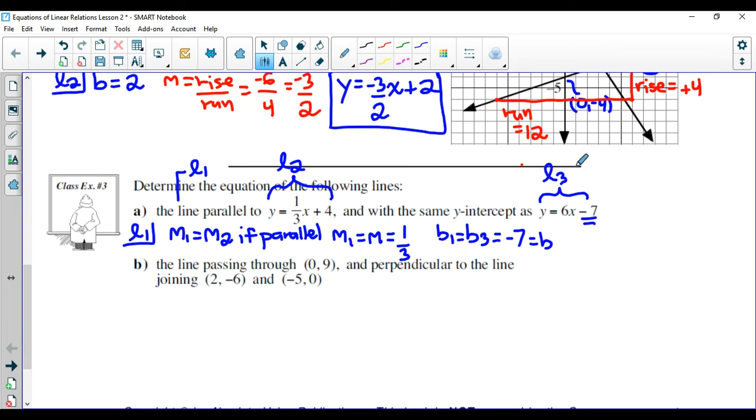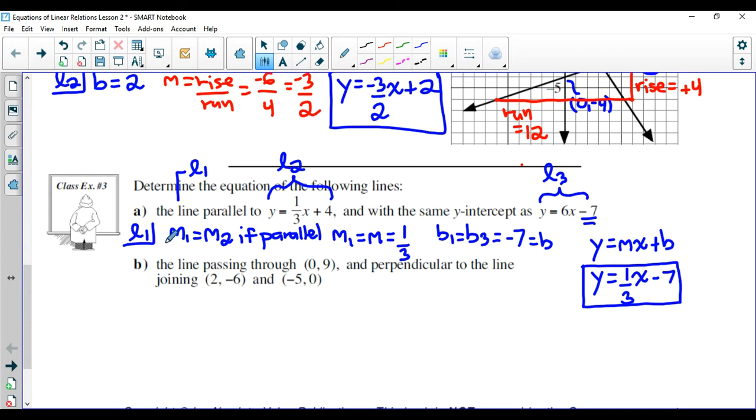Now, to write my equation down, this would just be the value of b. So again, put it into the equation y equals mx plus b form. So for my line 1, it would have a slope that's 1/3 because it's parallel to line 2. Parallel line segments have the same slope. So 1/3 x. And then it has the same y-intercept as this equation. The y-intercept of this equation was -7. So in the place of b, we're going to write down -7. So the equation of this line would be